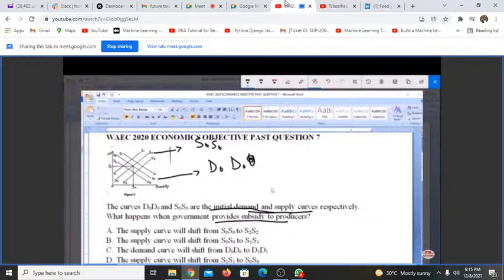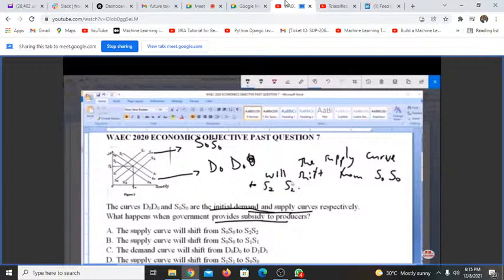Now, as it relates to this, the supply curve, if government provides subsidy, the supply curve will shift from S0 S0 to S2 S2. Now this shift or this change indicates, I would say, an increase in supply. This occurs as a result of increase in supply, meaning that the supply curve,